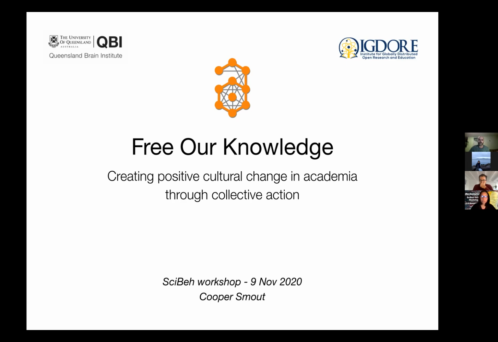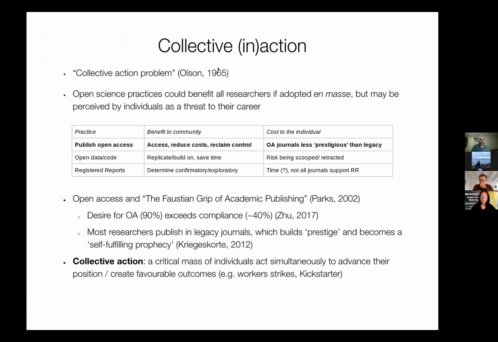It's based on the broad premise that what we have in academia is known as a collective action problem. If you don't know this term, basically it occurs anytime the individual fails to achieve a favorable state due to conflicting incentives. There are all kinds of collective action problems in academia, with different open science practices. But what I wanted to zero in on was what got me interested in open science in the first place,